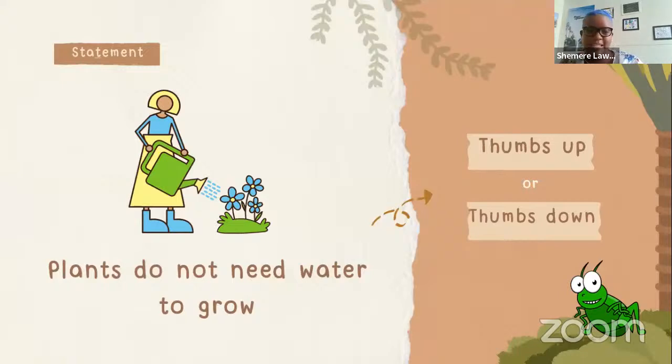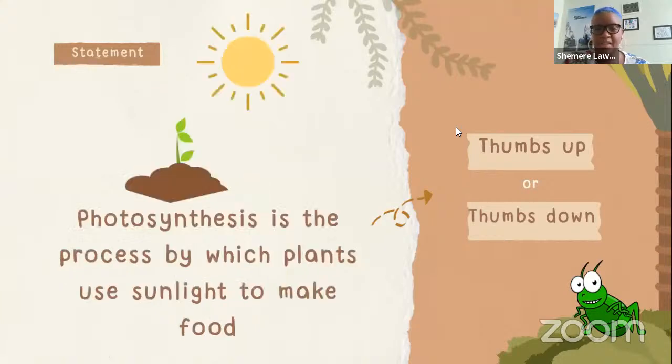So the first one is plants do not need water to grow. Thumbs up if that's true, thumbs down if that is false. I see one thumbs down, one thumbs up. Anybody else? Thumbs down. So the answer is false, thumbs down. Plants do need water to grow. The next one,